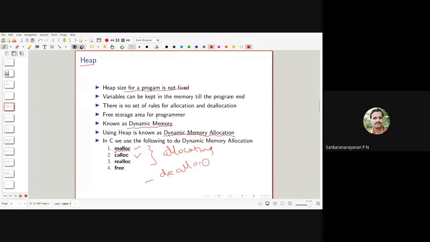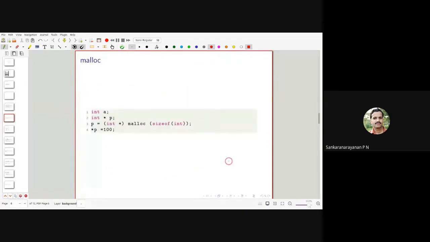It's there in the next slide. Okay. So this example, you may be familiar with, a malloc example. Here we have an integer a, which is actually not used, so it's not needed. That doesn't matter, it's part of the program.